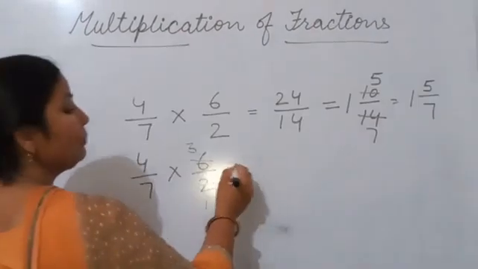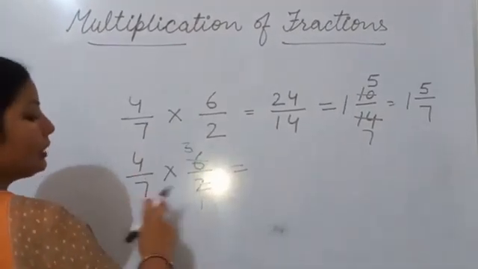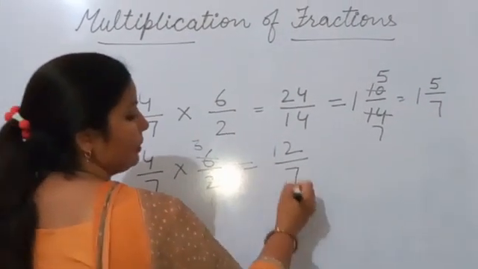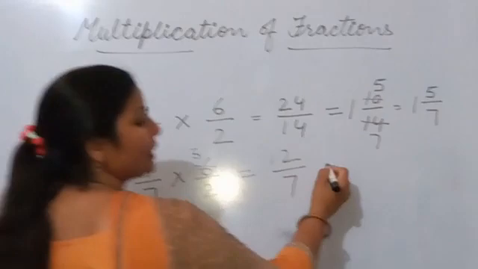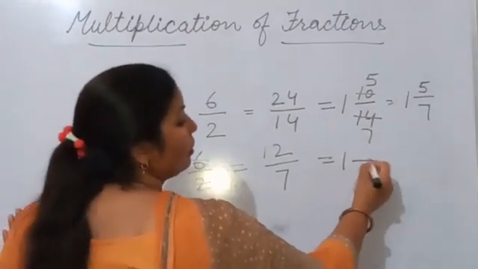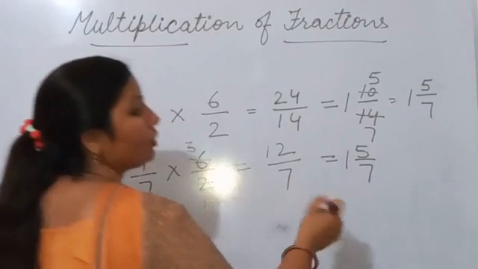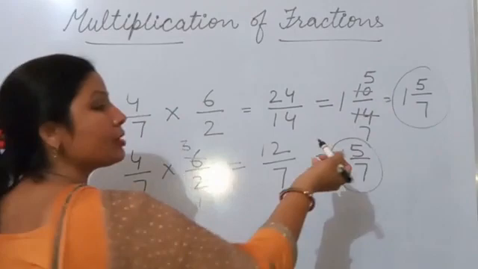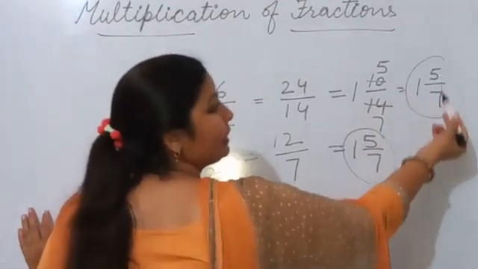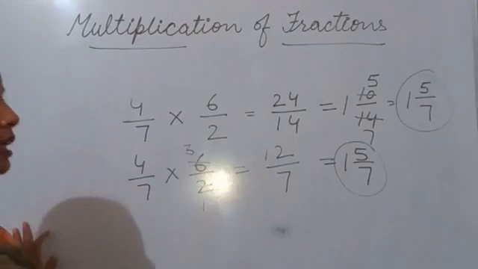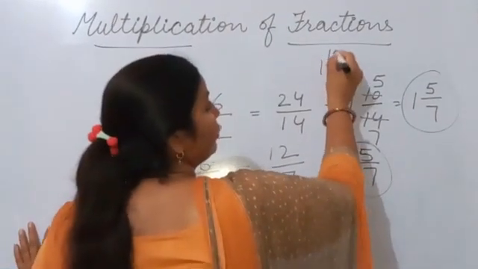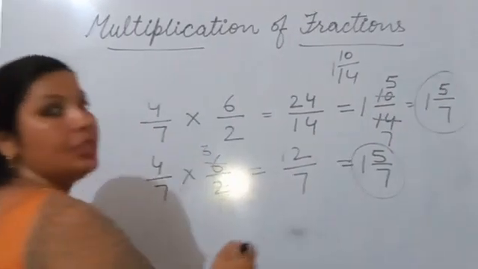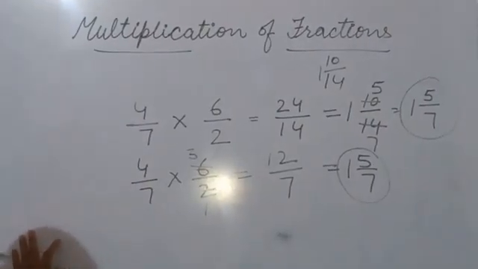So now we should multiply numerator by numerator and denominator by denominator. So 4 3s are 12 and 7 1s are 7. Again it is an improper fraction, so we change it into a mixed fraction. So it becomes 1 whole 5 upon 7. So in both conditions you will get the same answer. Okay, you can write this one also. This also means the same because 10 upon 14 is the equivalent of 5 upon 7. If you leave it as 1 whole 10/14, that's also correct because 10/14 is the equivalent of 5/7. So in both conditions you will get the same answer.